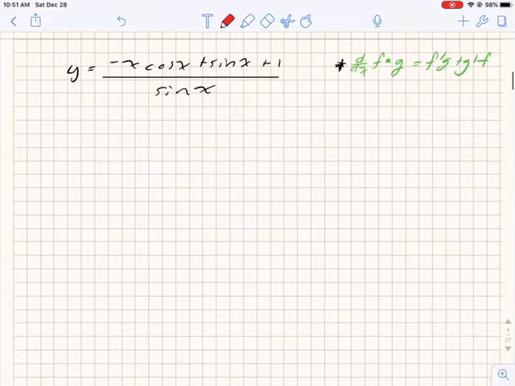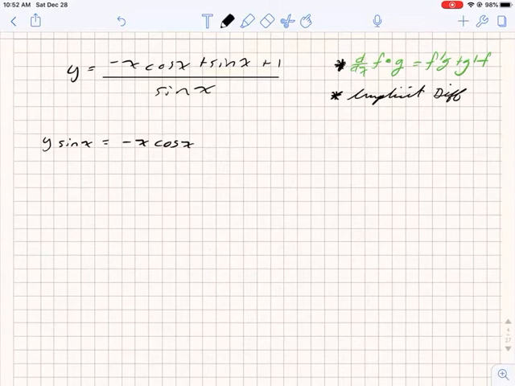Now there's multiple ways to do it. I'm going to be using the product rule, which is this formula right here, and I'll also be using implicit differentiation. So if we multiply both sides, we'll obtain y sine x is equal to negative x cosine x plus sine x plus 1. Now we have a product rule here, but it's implicit,